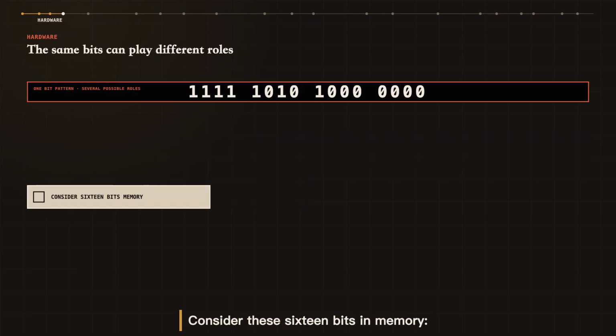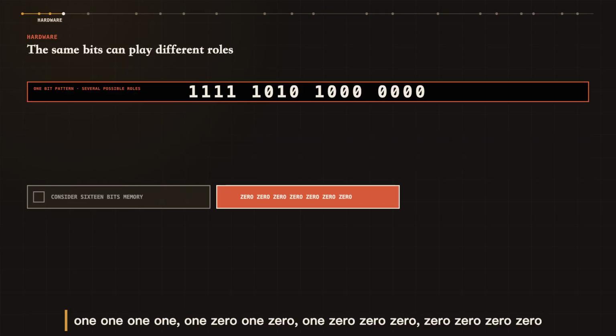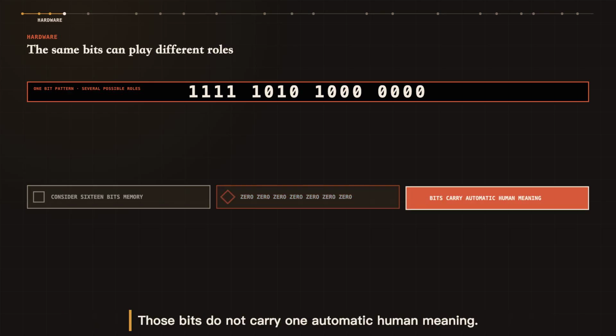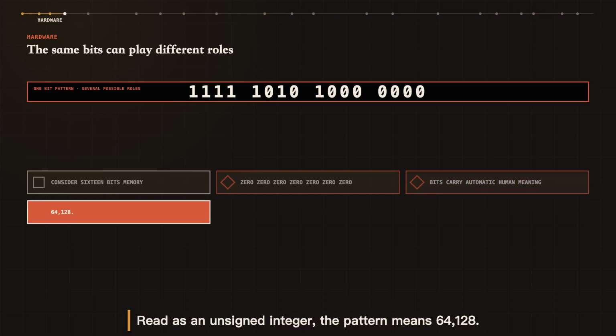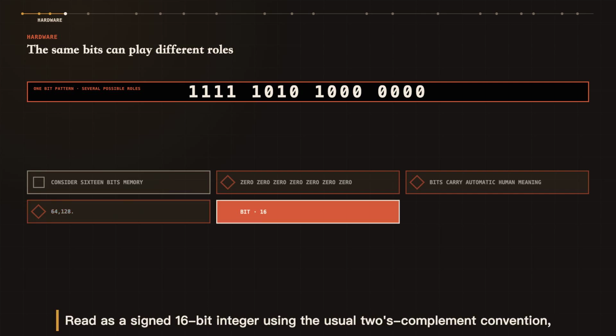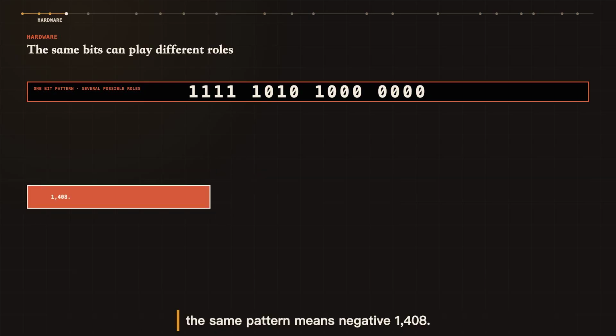Consider these 16 bits in memory. 1 1 1 1, 1 0 1 0, 1 0 0 0, 0 0 0 0. Those bits do not carry one automatic human meaning. Read as an unsigned integer, the pattern means 64,128. Read as a signed 16-bit integer using the usual 2's complement convention, the same pattern means